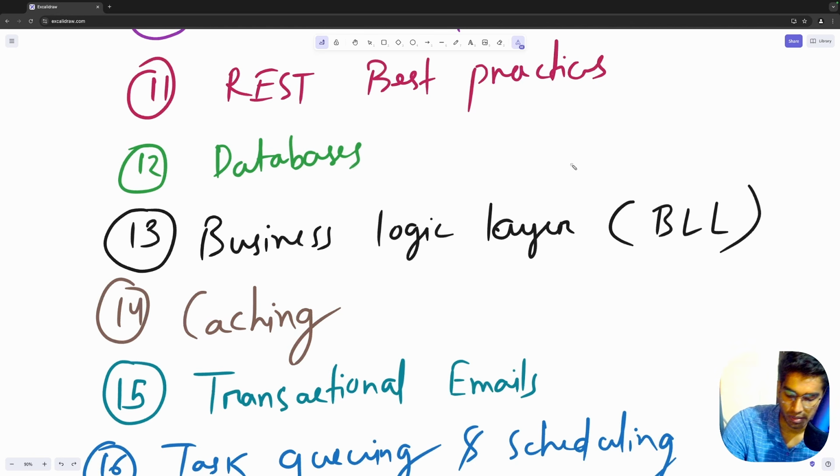After that, we have caching. We'll discuss what the need for caching is and how it differs from database persistence. What are the different types of caching? We have in-memory caching, browser caching, database caching, and what is the need for client-side caching and server-side caching. The different caching strategies, for example, cache aside, write through, write behind or write back, and read through. The different cache eviction strategies, for example, LRU, LFU, TTL, and FIFO.